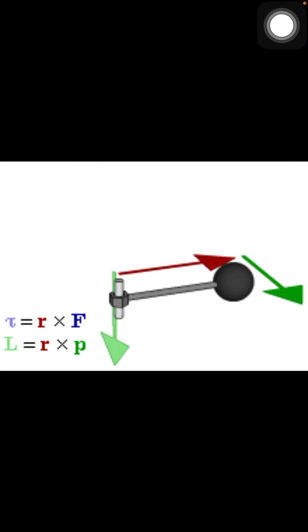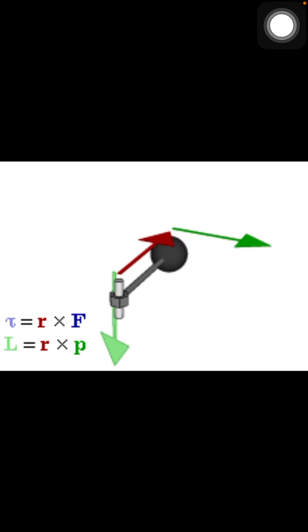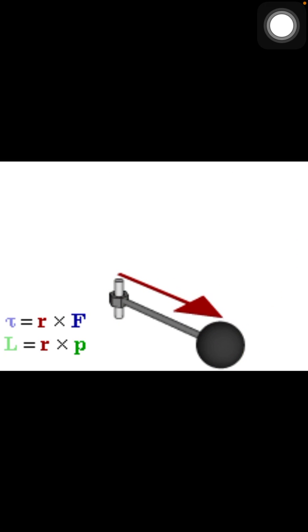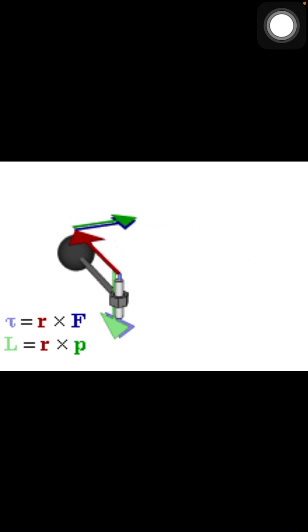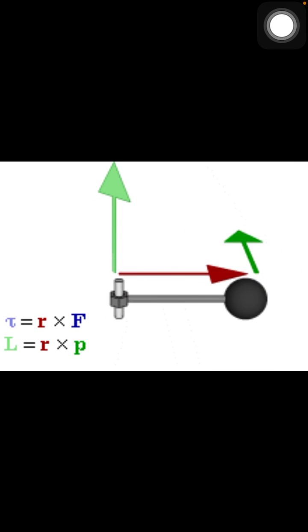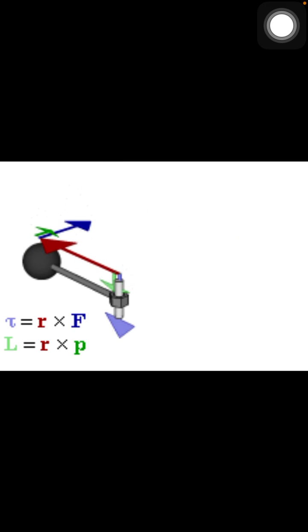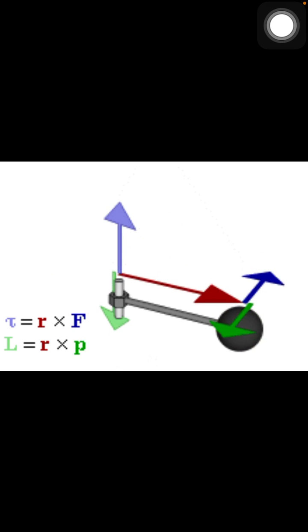Today's topic is torque. Okay, so torque is R cross F, where R is radius and F is force. Radius is the distance between the center and the object. R is denoted by the red arrow here, and F is the dark blue one. Okay, so you see here,